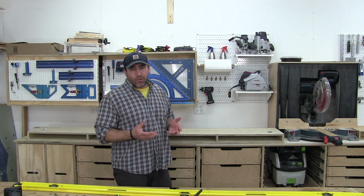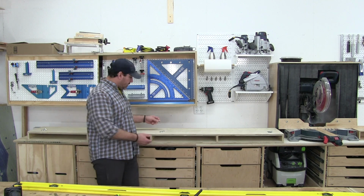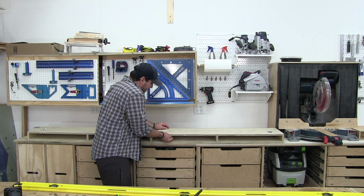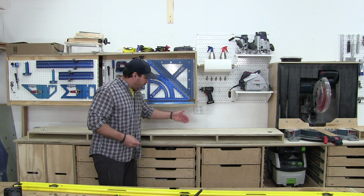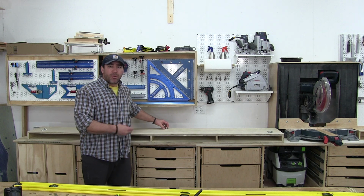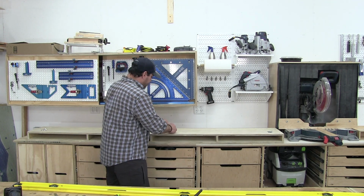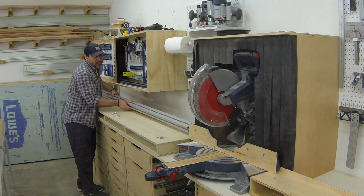Now we have two ways that we can install the fence. One, if you have the space, you can go ahead, drop the bolt into your hole, and then take the washer and the nut and install it from the bottom to get the washer and nut started. And then you could slide the fence over and engage the bolt with the bottom slot of the fence. I don't have the space to be able to do that. So the other option we have is to simply